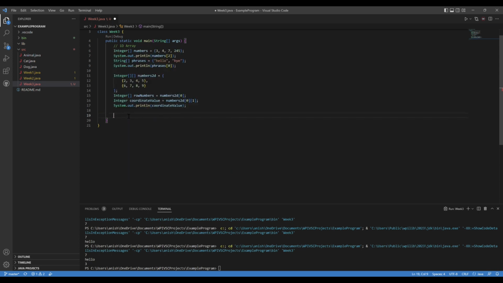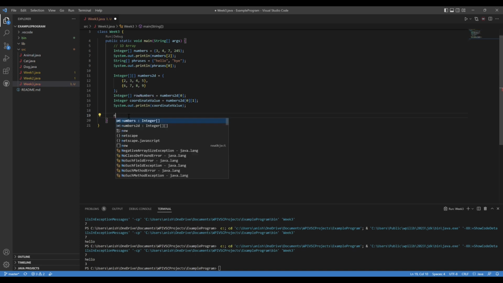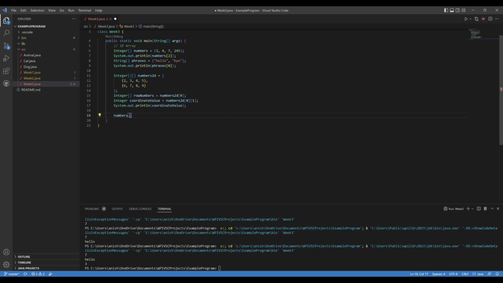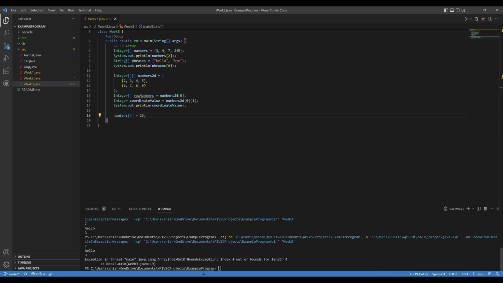Now, let's say we don't want to use an array, because if you look here, let's say we want to add a value to the array, for example. And we want to do numbers, let's see. So we have 1, 2, 3, 4, so 0, 1, 2, 3 indexed. Let's say we want to add something to the end. Numbers 4, and we try to set it to 23. Now, when we run this code up here, index 4 out of bounds for length 4. What this effectively tells you is that, hey,